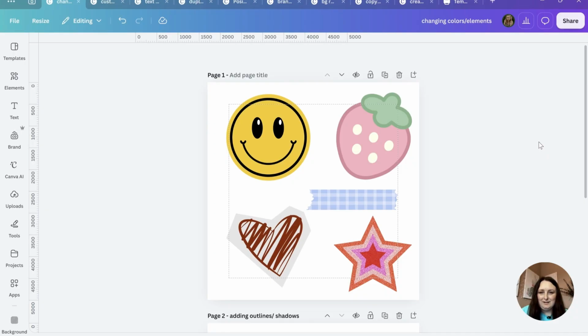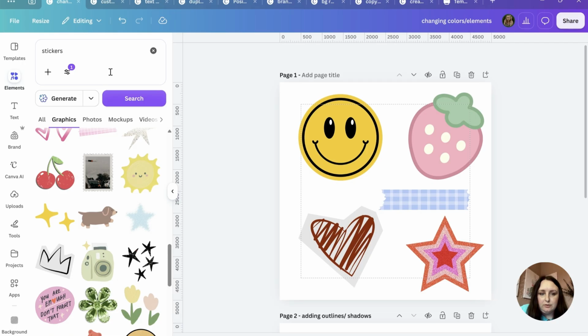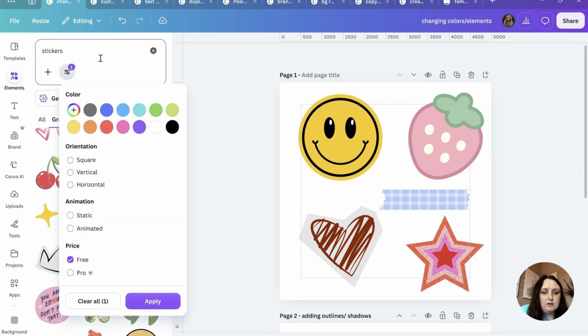Hi everyone! So here we are in Canva, and I want to show you a little bit about the elements. I just grabbed these free elements from the Elements tab, which is over here. I want to walk you through searching for the free ones, especially if you're making templates. You'll want to use the free elements because those can be used by the free Canva accounts. I have a filter selected here, so you'll just click free and